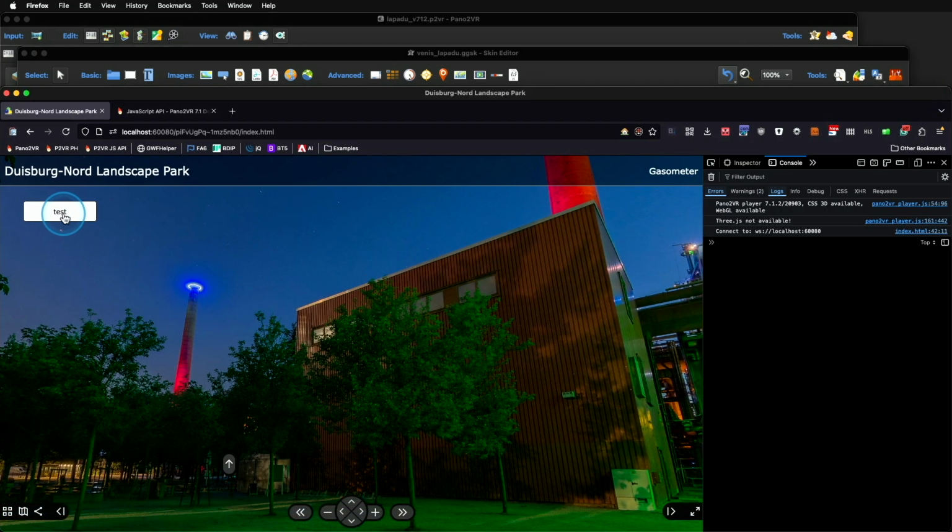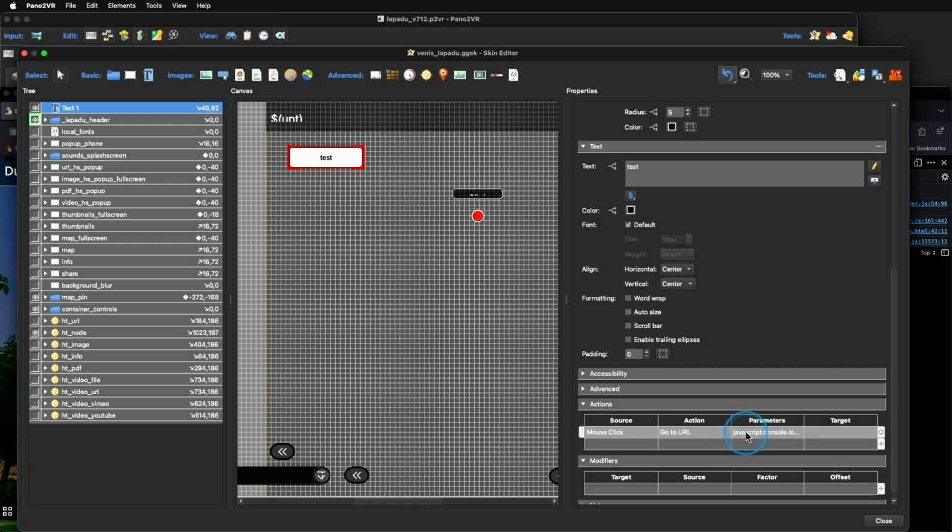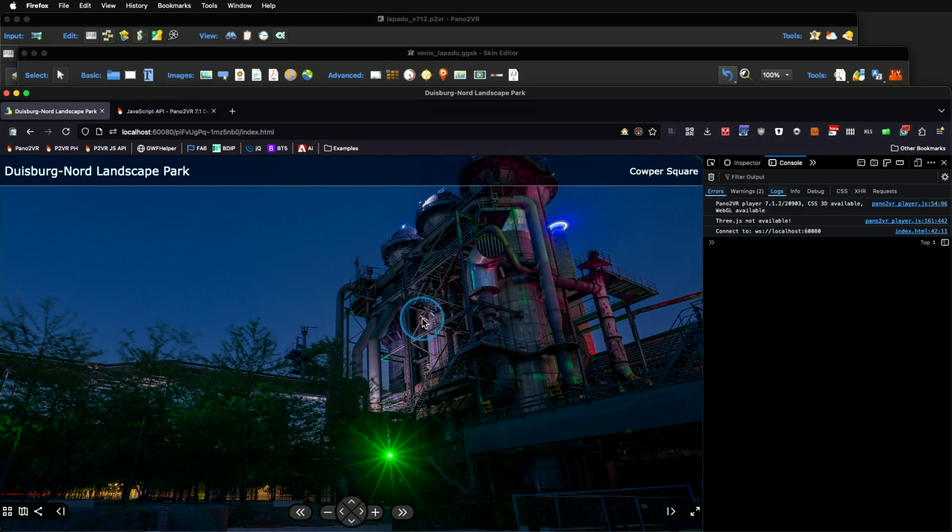If you click here on this button, now the console is throwing a line, hello, and it originates from skin.js, as it is a skin function. We added it manually by typing this action. This is a standard way to communicate from the skin to the console to get some stuff done outside of Pano2VR in the browser console. To complete our first basic look at Pano2VR's JavaScript API, let's take a little sidestep back